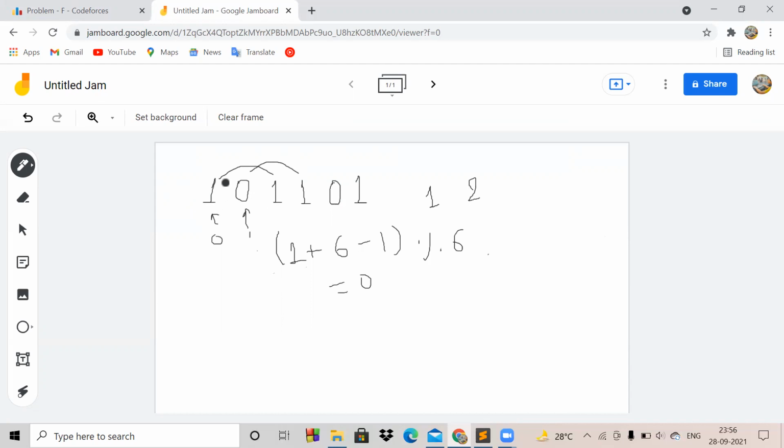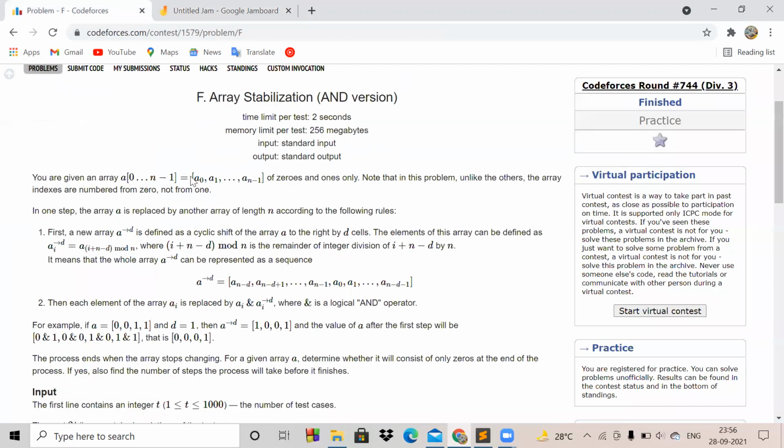Like here the first index is 1, and if you take a cyclic shift of 1, then this 0 will come here. Or if we take a cyclic shift of 2, then this one will come here.